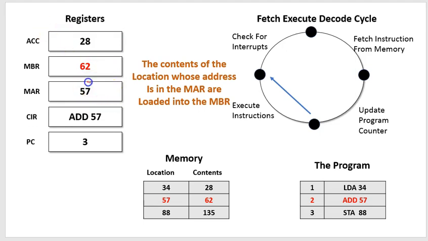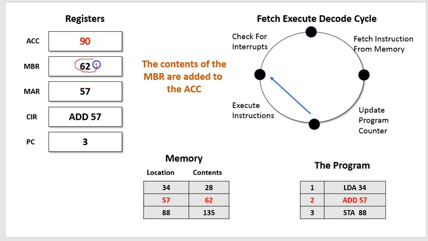So here's the memory address register, and we find the contents of that address, which is 62. We take that 62 and load it into the memory buffer register, the memory data register. So having loaded the data from the location into the memory buffer register,